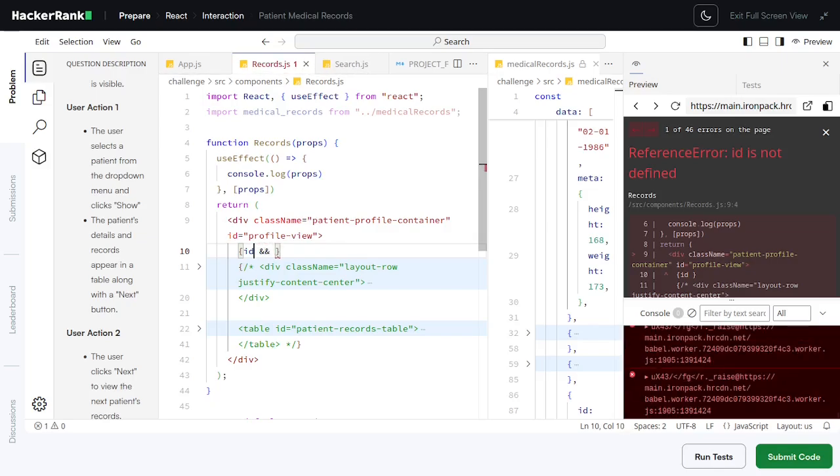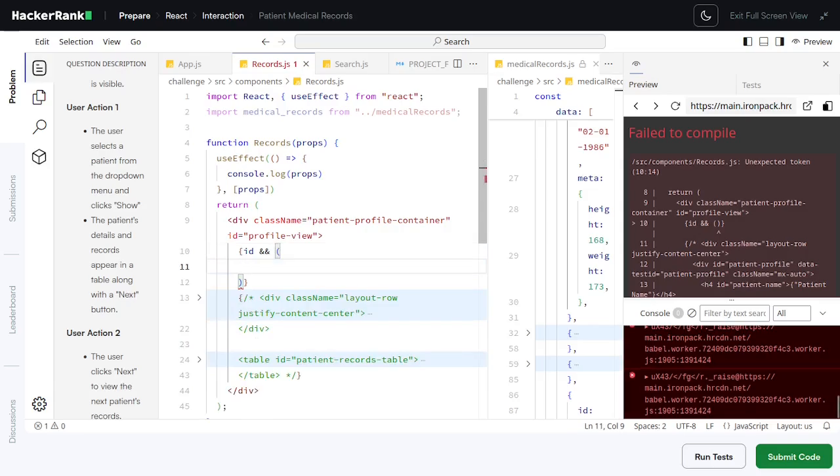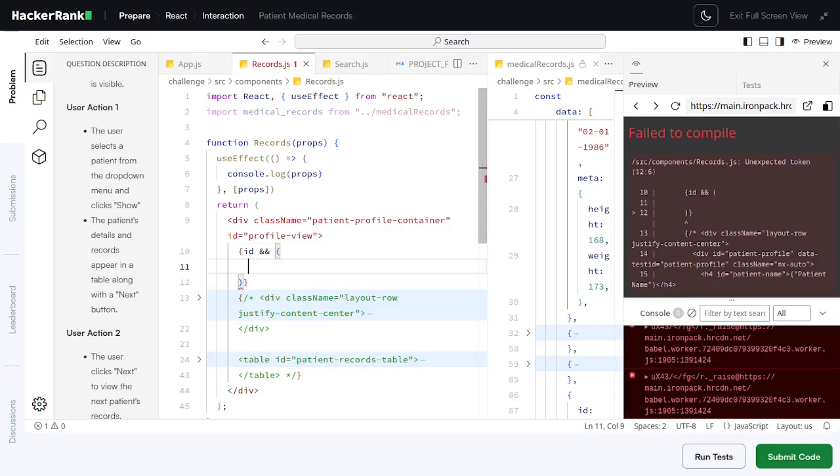If this ID is true, then we render something, and if the ID is false or the falsy value such as null, 0, empty string, false or undefined, then it will not print anything. Since we are already on the return, we can use the renderer of the HTML using the parenthesis right here. Don't forget, React always uses this one for the render purpose. And let's paste the one that we commented out below,